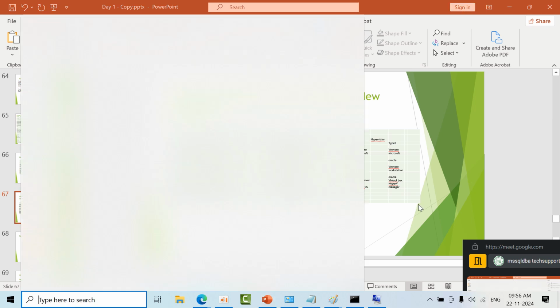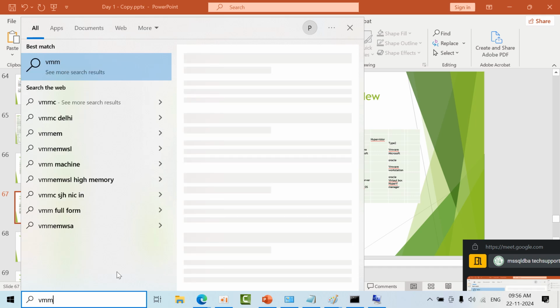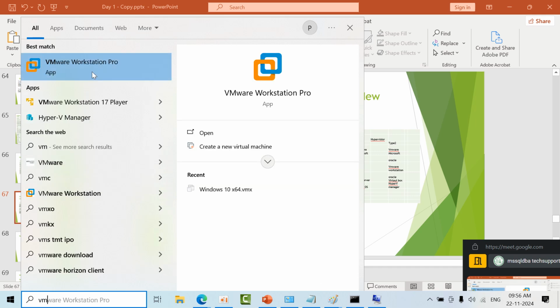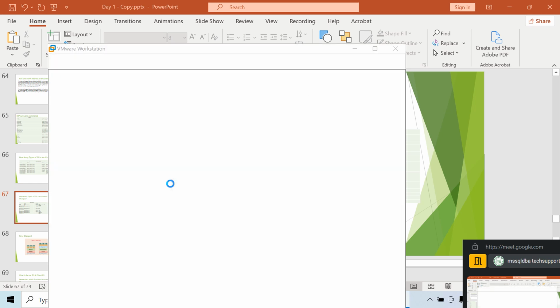You can use any one of them, but I am a diehard fan of VMware Workstation from a very long time. Whatever I do, VMware testing, building labs, everything, I do with this.